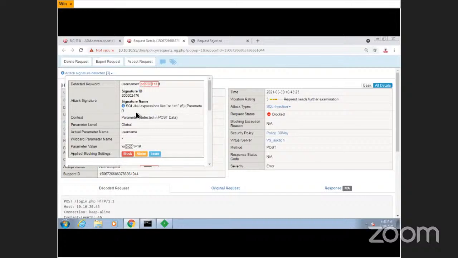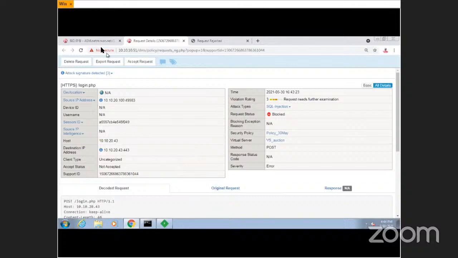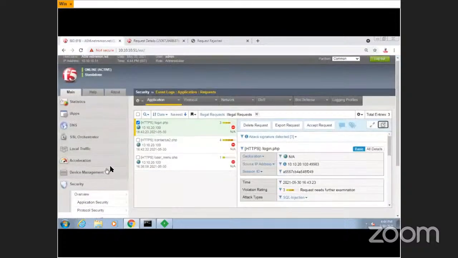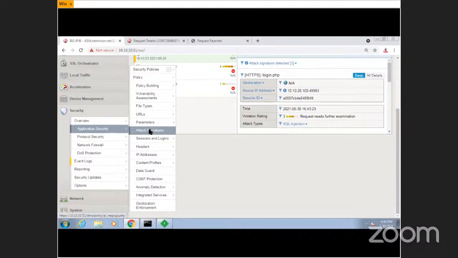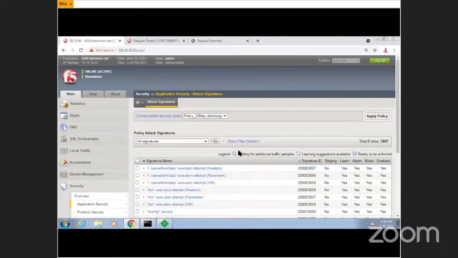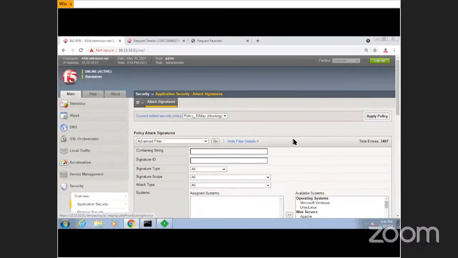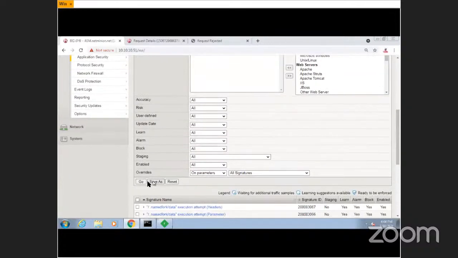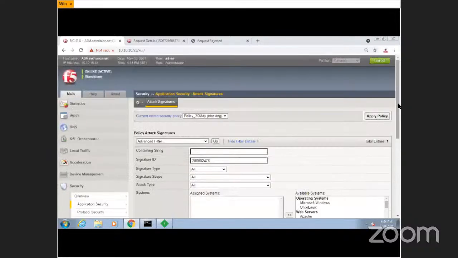Okay, what is the attack signature ID? This is the attack signature ID. Maybe if you wanted to learn more about the attack signature, you can go to the application security attack signature, and there you can filter by the attack signature ID and all of the stuff. Maybe you can just type out whatever attack signature you had, and write down go, and